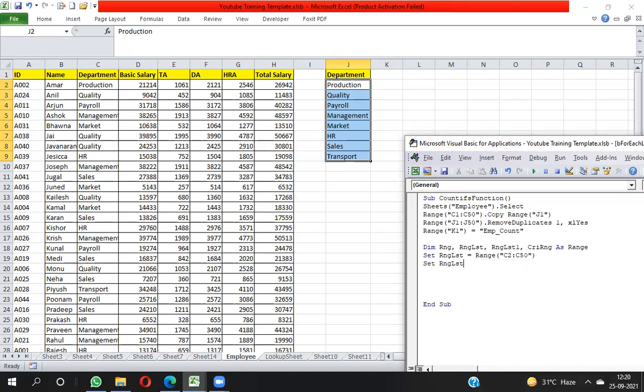Then set RNG LST1. In RNG LST1, I have to take the range H column to H50 because I have to apply a condition on this column, the more than 30,000 condition. So you need to apply range H2 to H50. Then here you need to write